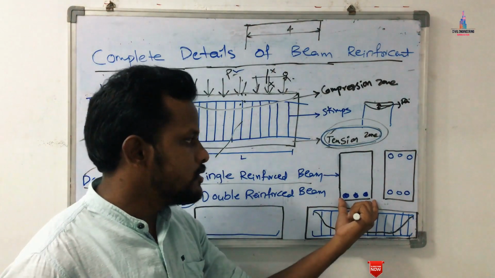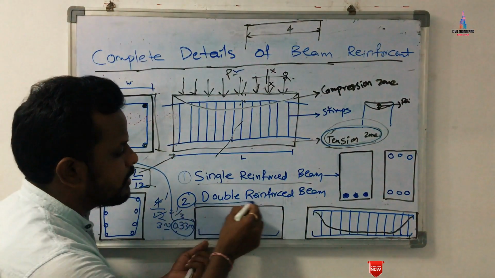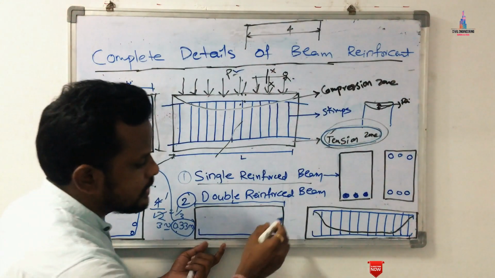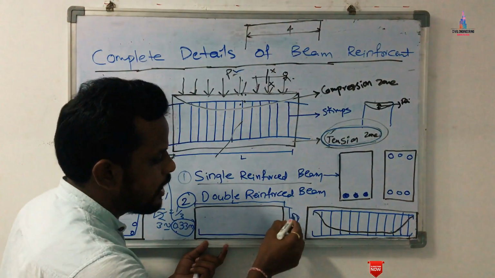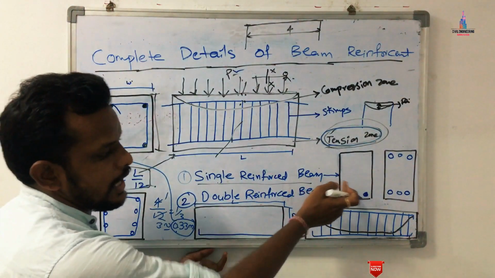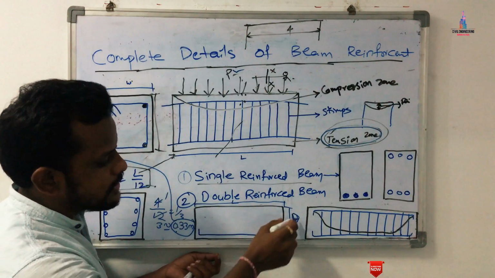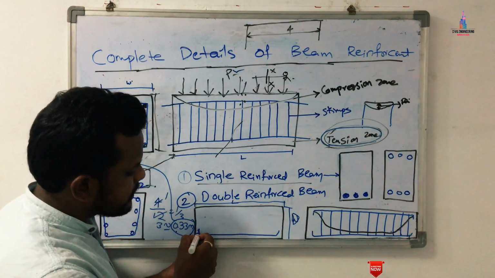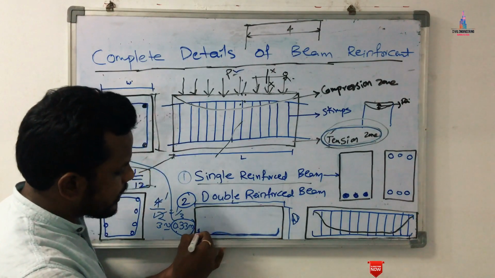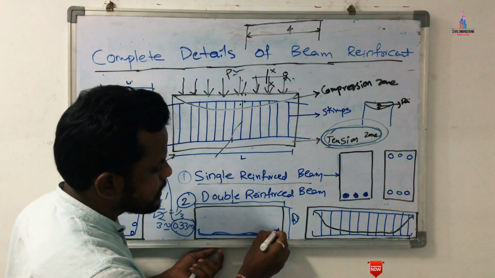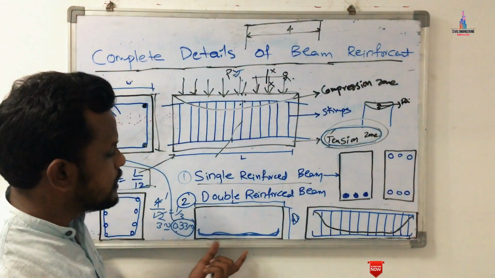Now I will explain the front view of this single reinforcement beam. Let us consider a beam with length L and depth D, and we will consider the dimensions accordingly. If you consider the beam, this is the length and this is the depth. The single reinforcement section will be provided at the ends like this, to overcome the respective loading condition. So this is the first one.